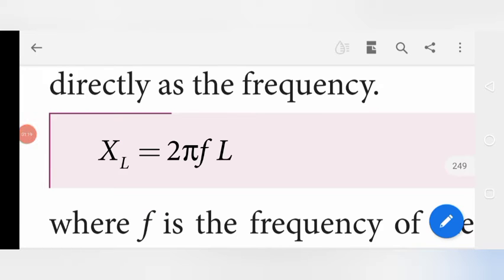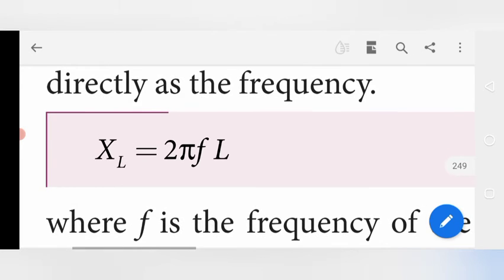Therefore in DC current, no self-induced EMF is produced, so it acts as a plain conductor. For an AC current, it induces the self-induced EMF and also back EMF according to Lenz's law, which opposes any changes in the current value. Therefore L blocks AC current. So this is the mathematical expression of the reactance by varying the frequency.